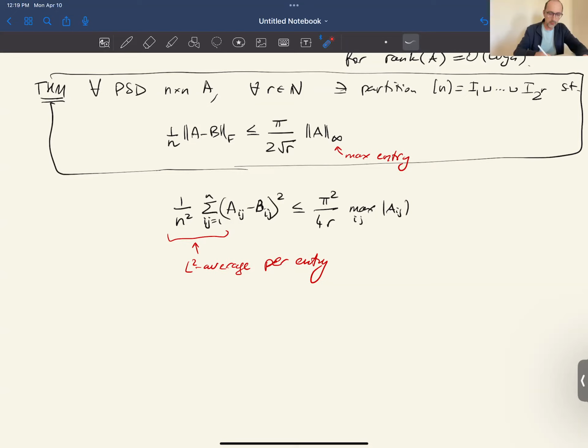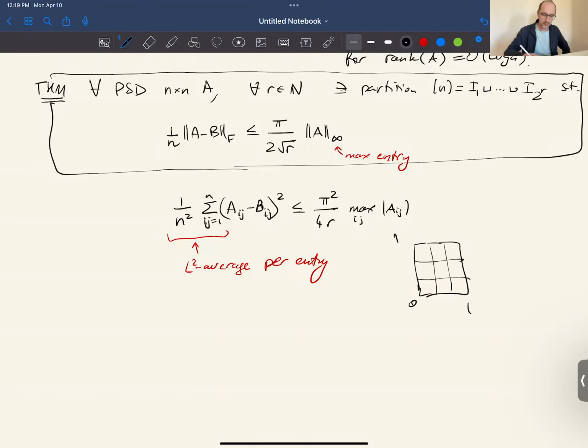Another little remark before we go to the proof is that nothing really depends on n here. As long as you understand this as an average of all entries, then nothing really depends on n, and you can just let n go to infinity and automatically establish the same result for kernels, or matrices, for functions on the square [0,1]. Any positive semi-definite kernel, because of this theorem, can be approximated by step functions, by functions that are flat on each block. I'll not write this down explicitly, but it's a little exercise just to translate this into the continuous setting.